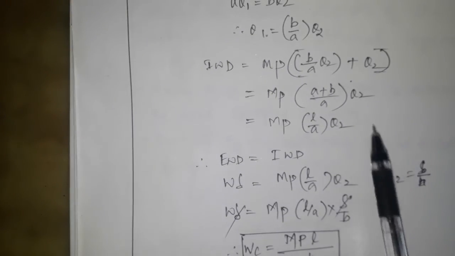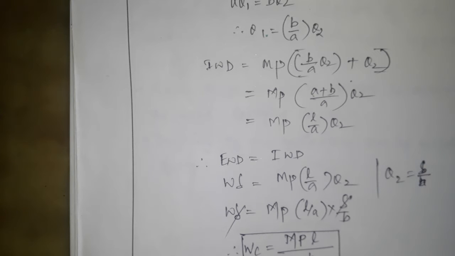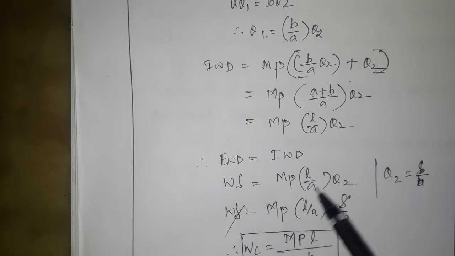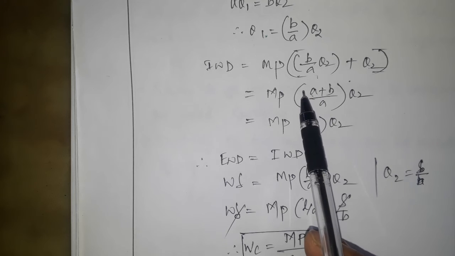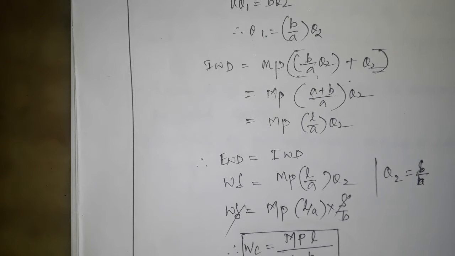So only one thing is the conversion for theta 1 and theta 2. When you substitute here, that is the final answer, theta 1 plus theta 2. So at that time you have to substitute in terms of either theta 1 or theta 2. So that is the only change you have to check.